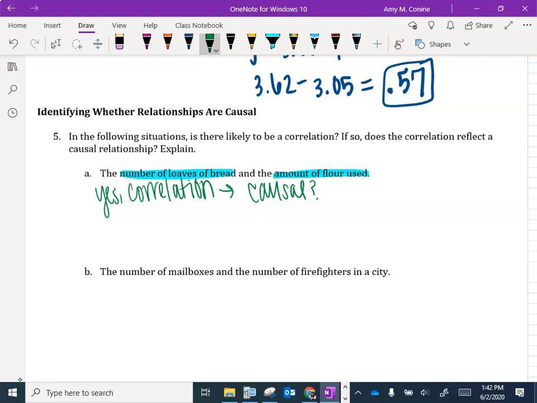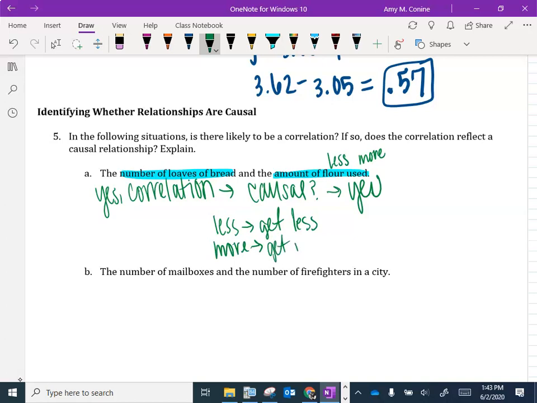So is there sort of a cause and effect relationship happening here? If I use less flour, will I get the same number of loaves of bread as if I used more flour? Okay, so what happens when we use less flour or more flour? Does that affect the outcome of how many loaves of bread you have? And that is yes, this is a causal relationship. If you use less, you're going to get less. If you use more, ideally, you should get more, depending on the size of bread that you're making. So I want you to try option B on your own,